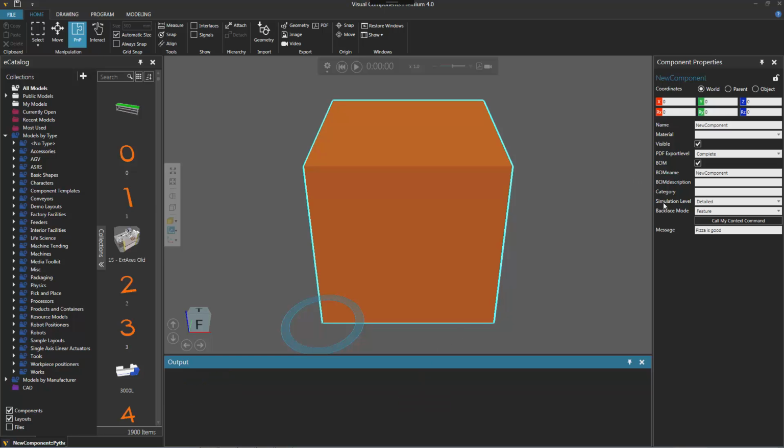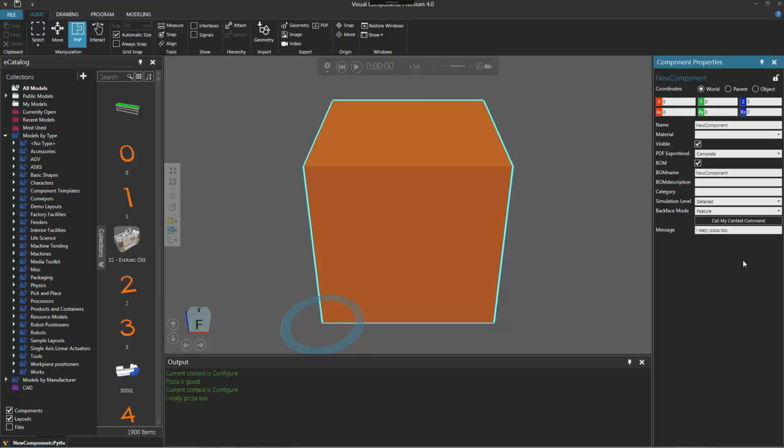In the component properties panel, there's our message, pizza is good. And here's our button, call my context command. So if I click it, pay attention to the output panel. Hey, there we go. The current context is configure for configuring a layout, and it prints my message that pizza is good. So if we actually want to talk back to our output panel, let's say, I really like pizza too. Okay. And I click the call my context command, and it prints the feedback message.